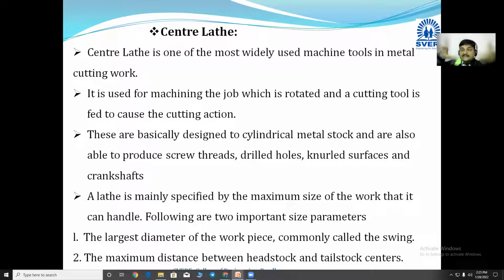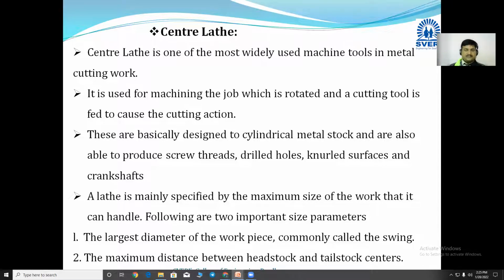That material is rotating, means the workpiece is rotating in case of center lathe, and the simple and slow motion is given to the cutting tool, and with the help of this you can cut